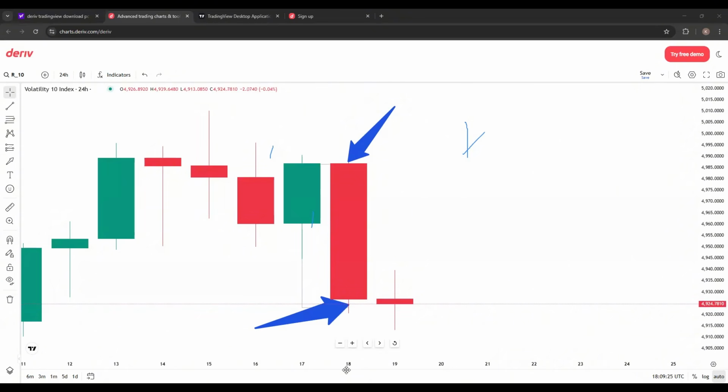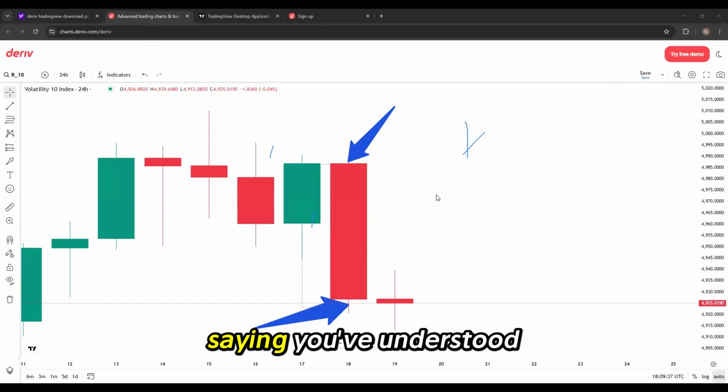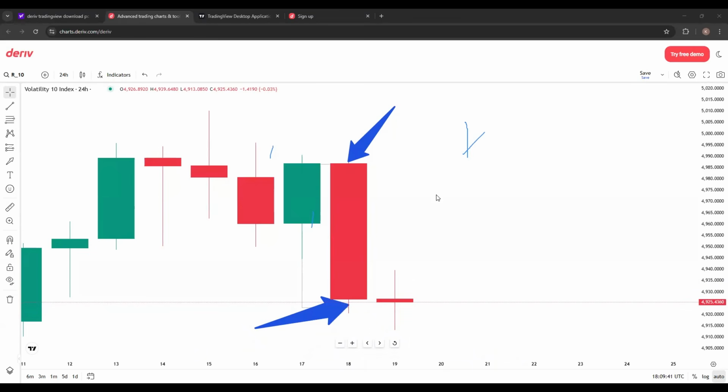Okay. What about other guys? Or do you want me to pick? I can pick anyone to ask a question if you are saying you've understood. Okay, I'll pick Olua Vicky, Olua Vicky and Adebis. I've asked you to unmute.